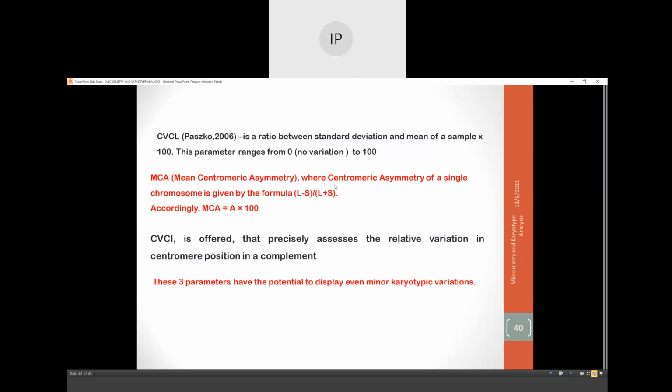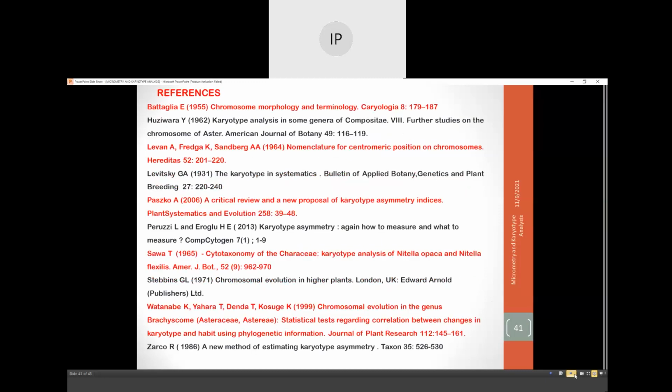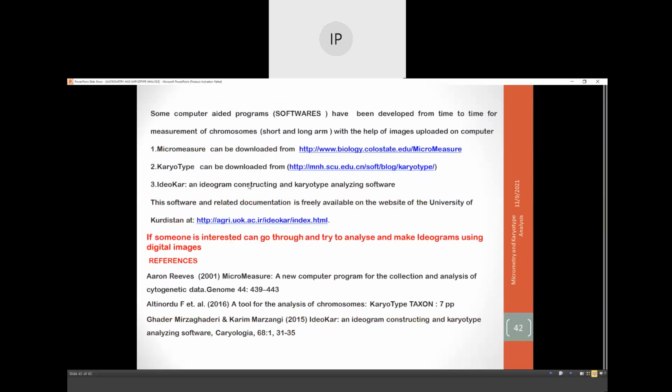MCA, mean centromeric asymmetry, where centromeric asymmetry of a single chromosome is given by the formula L minus S divided by L plus S. Accordingly, MCA is equal to A into 100, and CVCI is offered that precisely assesses the relative variation in centromeric position in a complement. These three parameters have the potential to display even minor karyotypic variations. Now these are the references,